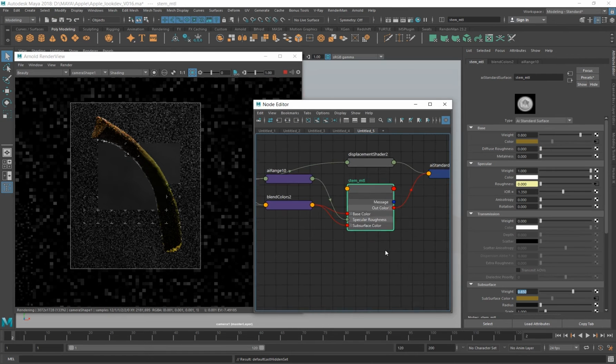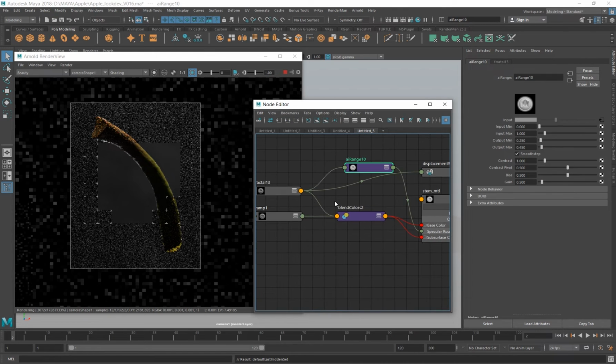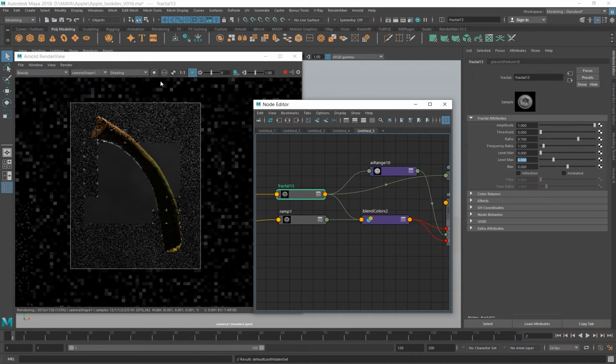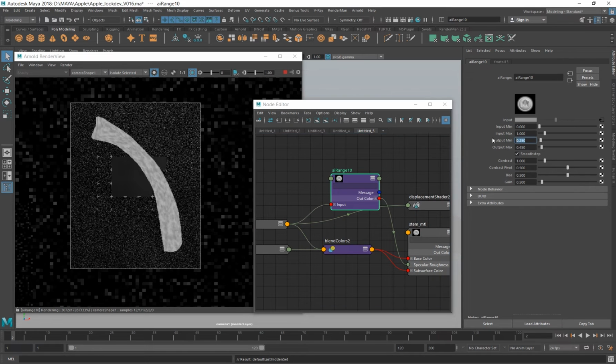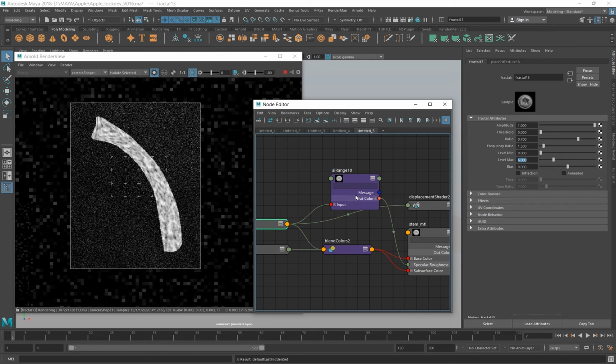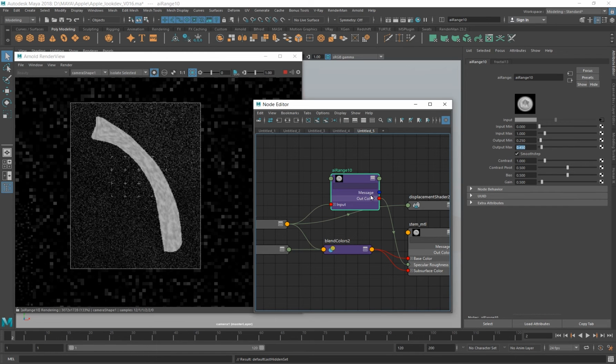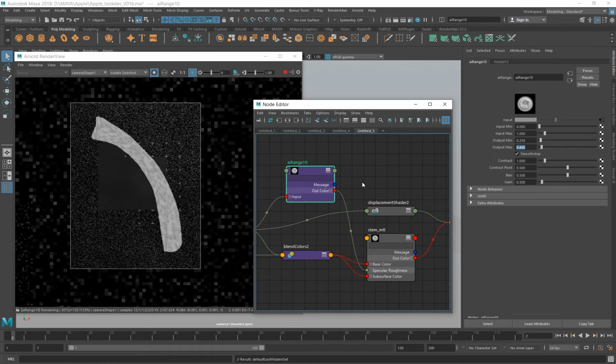And then for the specular roughness, I used the same fractal. I added it into an AI range and tweaked the output min and max. So this was the fractal, and after changing its output min and max, I get this result. With these settings, I am changing the minimum specular to 0.25 and max specular to 0.45.